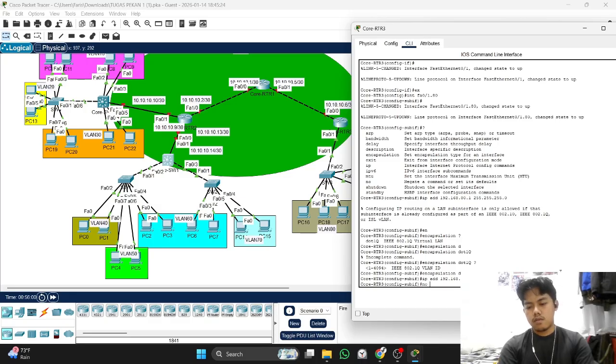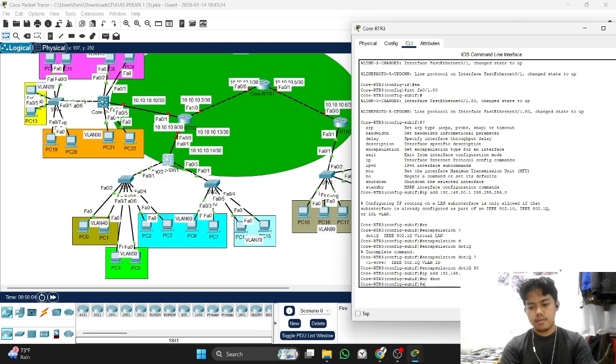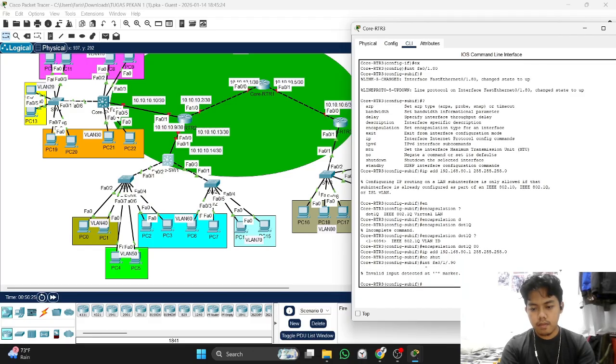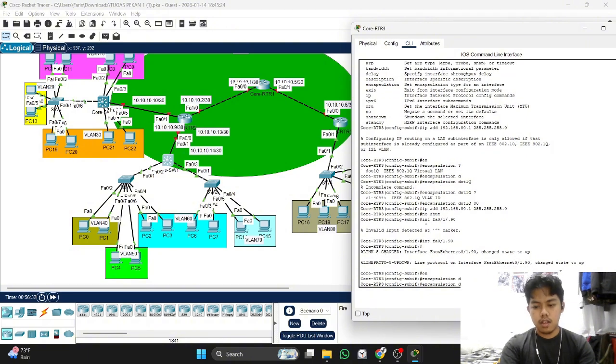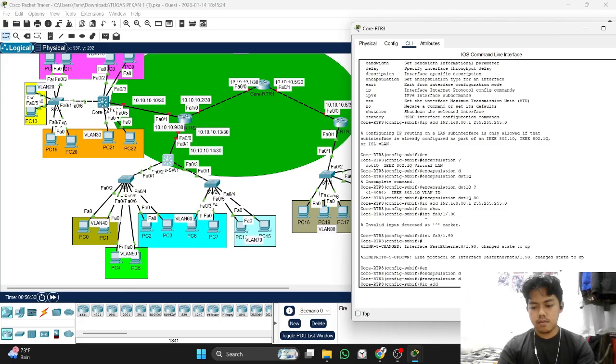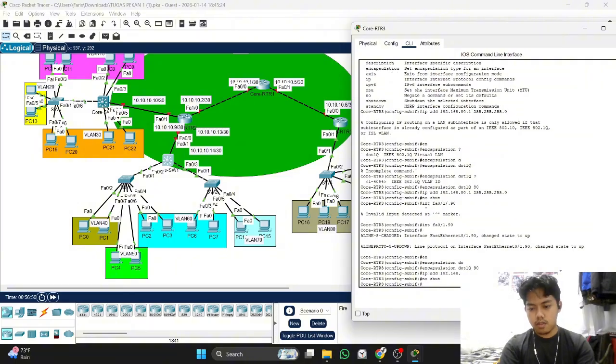Okay, right now exit. Oh no, we continue to the VLAN 19 interface FA0/1.19. Okay, encapsulation dot1q 19 and IP address. Okay, I forgot no shutdown.